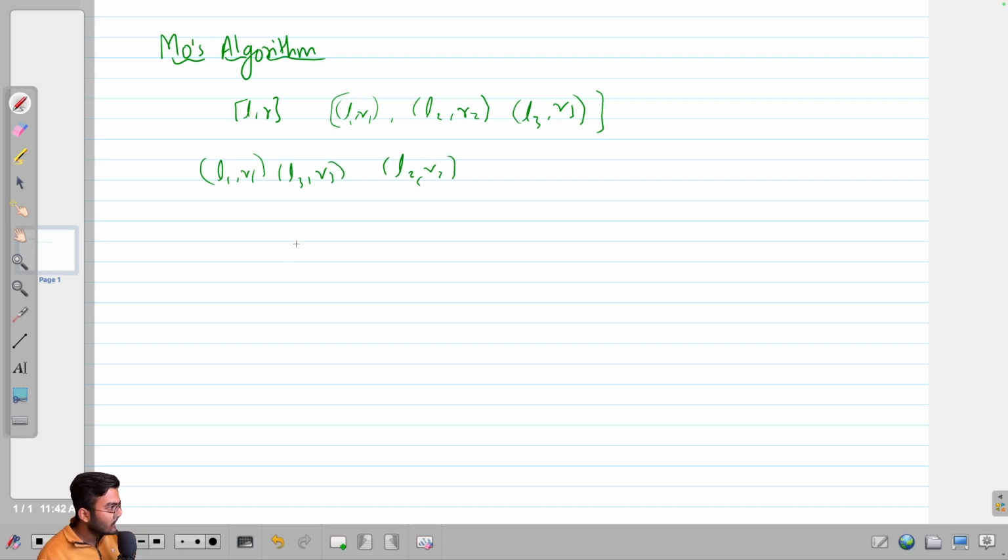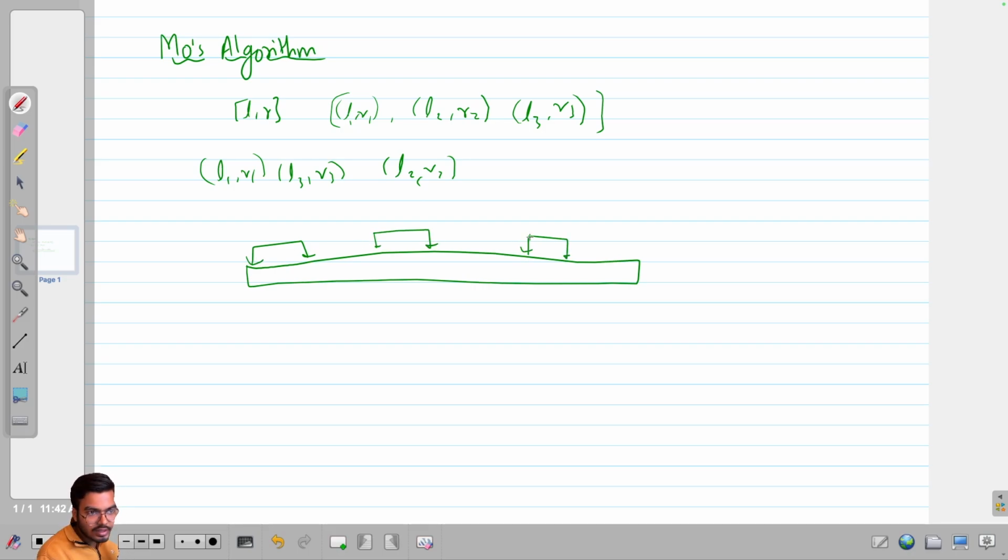So what is happening is that let's say we have a big array. Let's say I have divided this in some blocks, like this block and this block and this block and this block, just like we did in the previous video. So first I'm going to divide this whole array into some blocks, and now I am going to sort these queries by their block number. If some query is from a block of a bigger index, then I am going to process that query later. And if they belong to the same block, let's say we have a query L1 and R1,